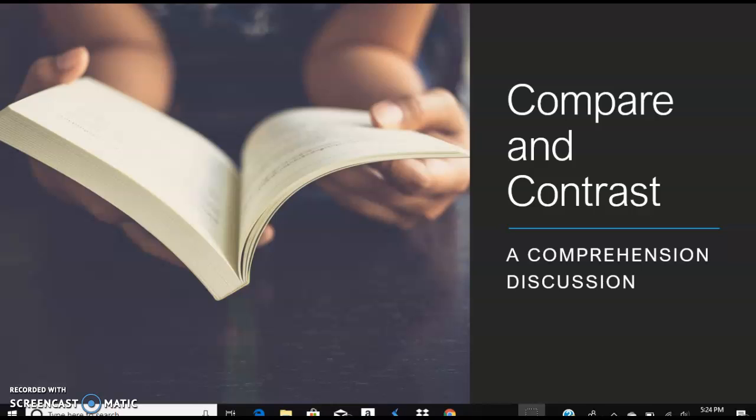Today we'll be learning about compare and contrast, which is a great way when you are reading to comprehend what's going on in the story and how it could possibly compare to what's going on in your life. So, to start off,